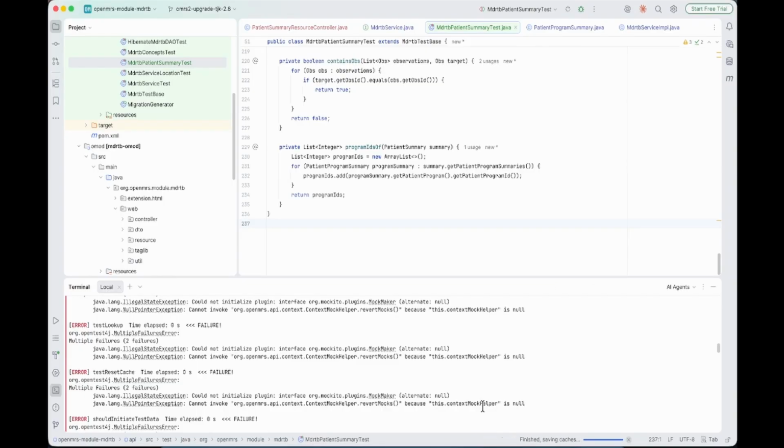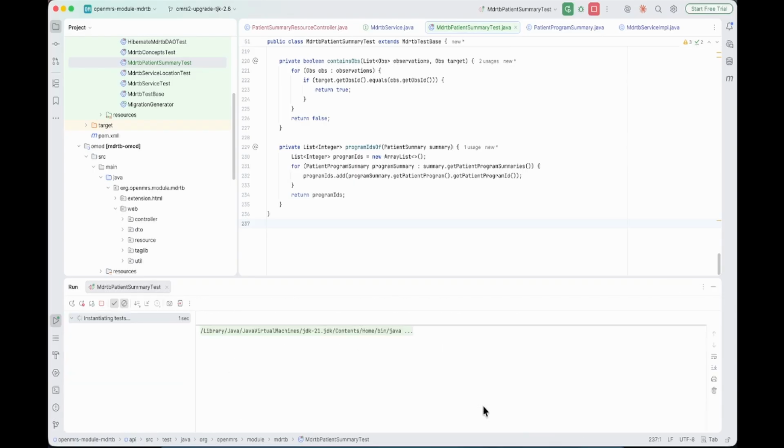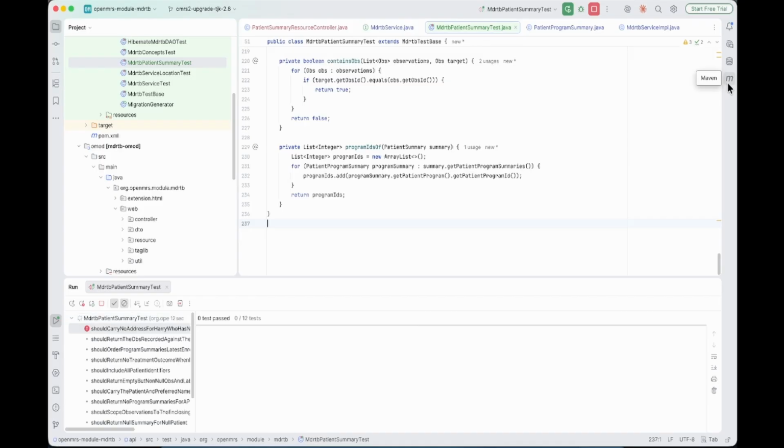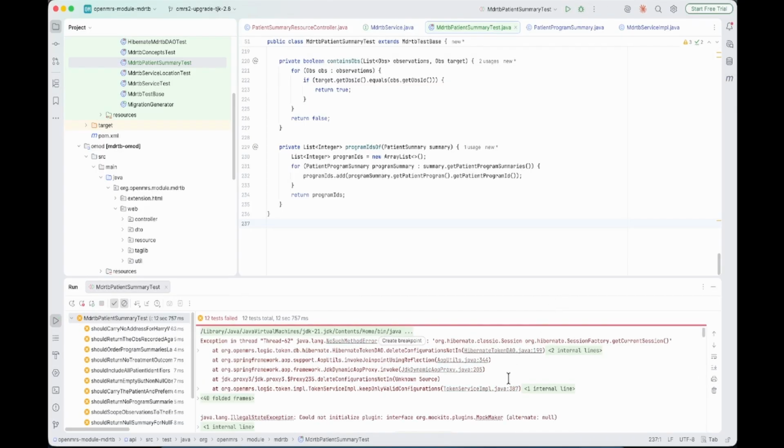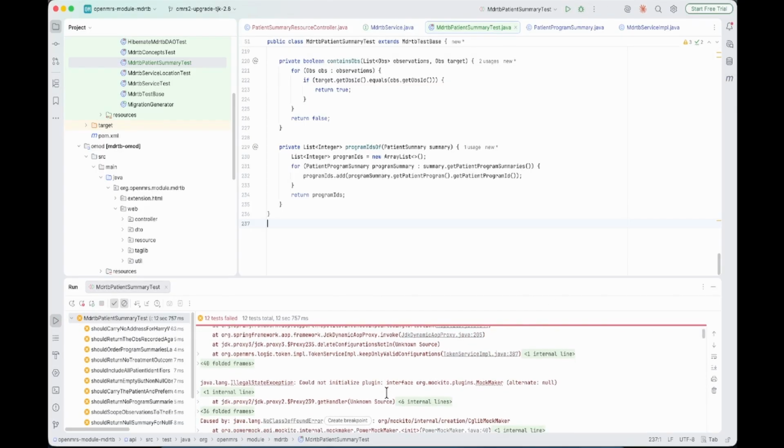Context on mock helper is null. Weird. Maybe because I didn't run clean install exclusively, maybe something to do with Java. No, this is, well,